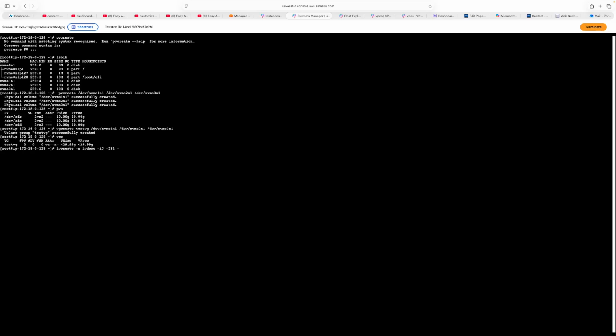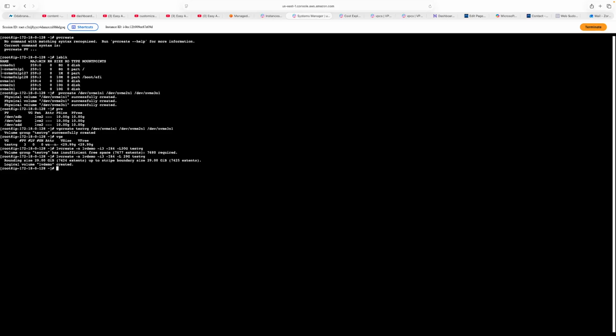And size is gonna be, let's see if we can do 30 gigabytes. And volume group we're gonna call testvg. Okay, so we don't have enough space, so instead of 30 we're gonna use 29 gigabytes. Oops. Okay,